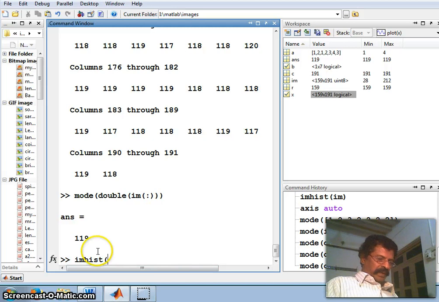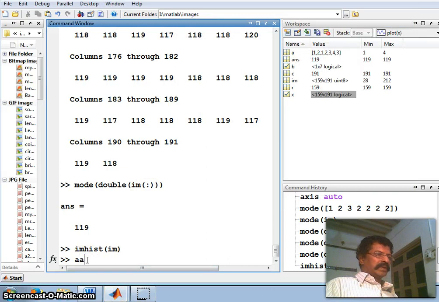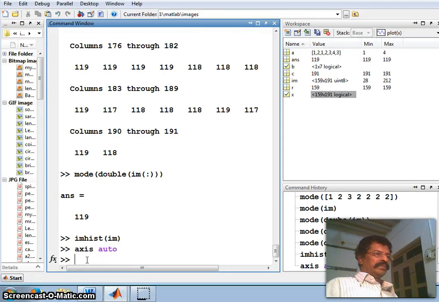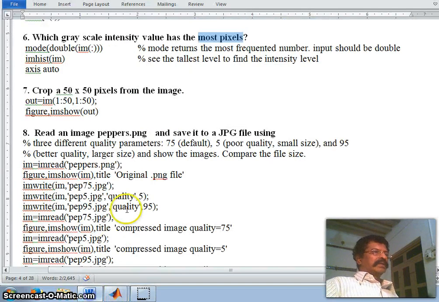In imhist, the most repeated value was 119. I use axis auto. 119 was the number, so here you can check it out. You can use the data cursor. 119 is the most repeated number. That is what we are getting here. Alright, the next question is